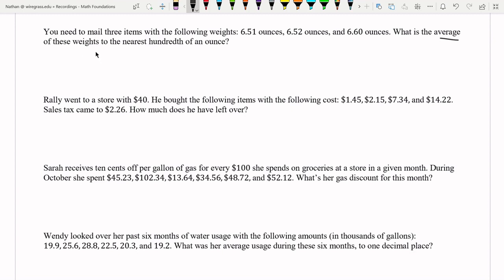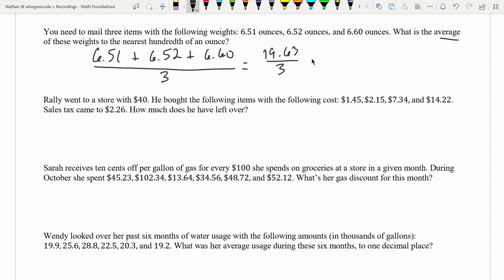So in this case, we're going to add 6.51 plus 6.52 plus 6.60, and I'm dividing it by 3 since I added 3 different numbers up. Of course, I can use a calculator for this. I need to do the numerator first, and then I can divide by the denominator. That gives me 19.63 divided by 3, which will give me